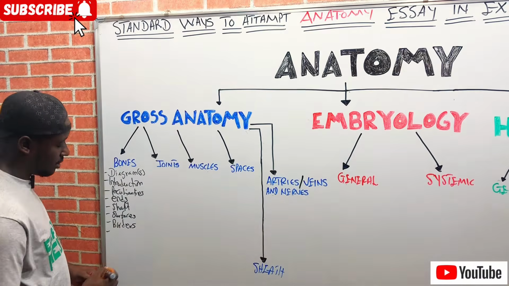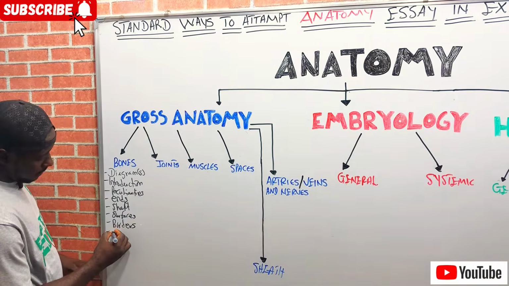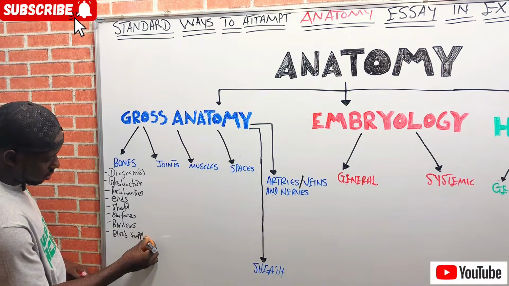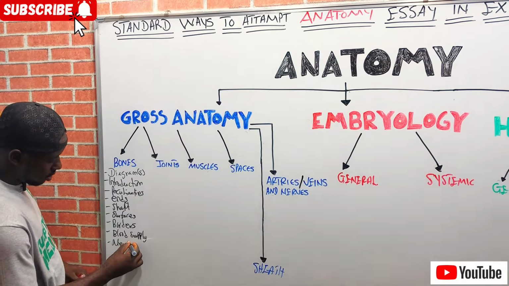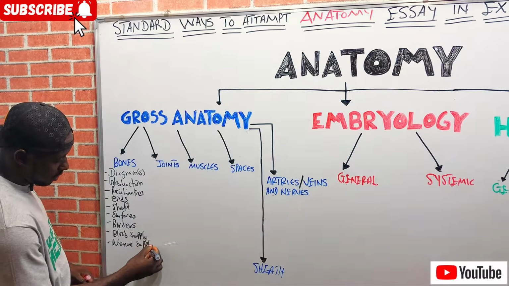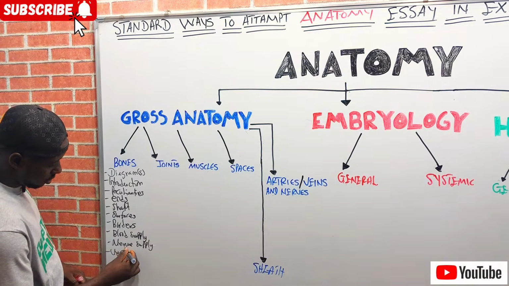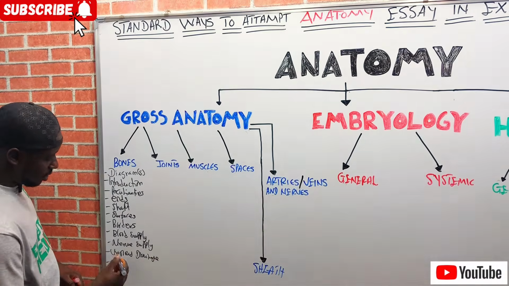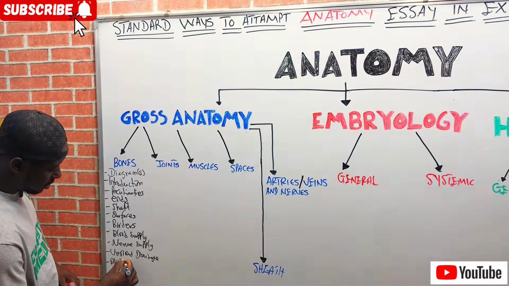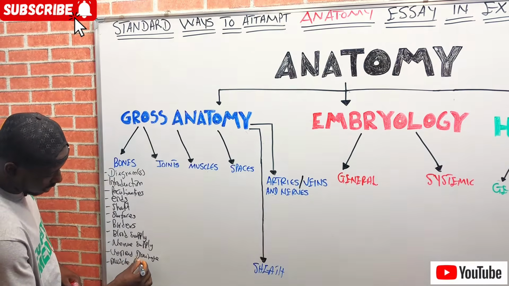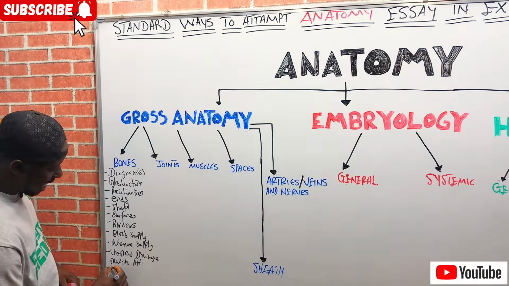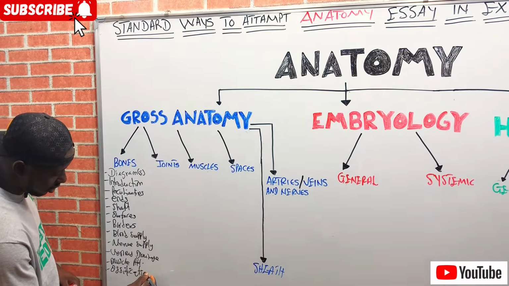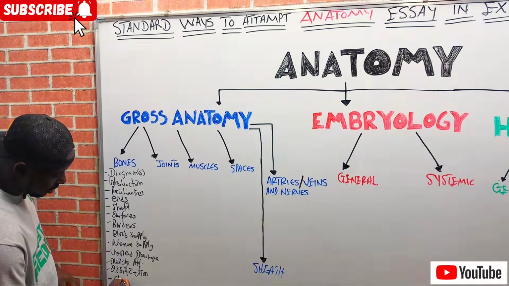Then the borders, the blood supply, nerve supply, venous drainage, muscle attachments, ossification centers, and lastly